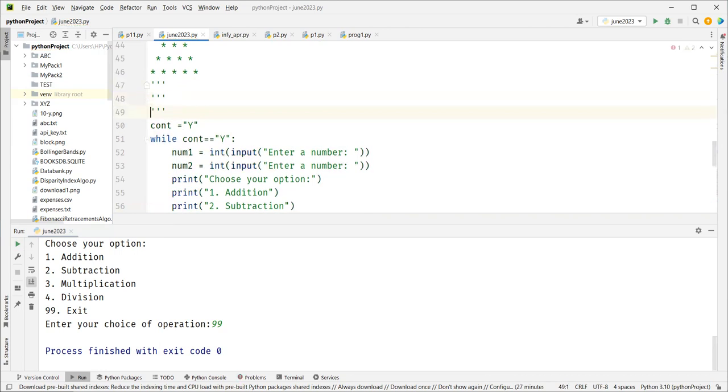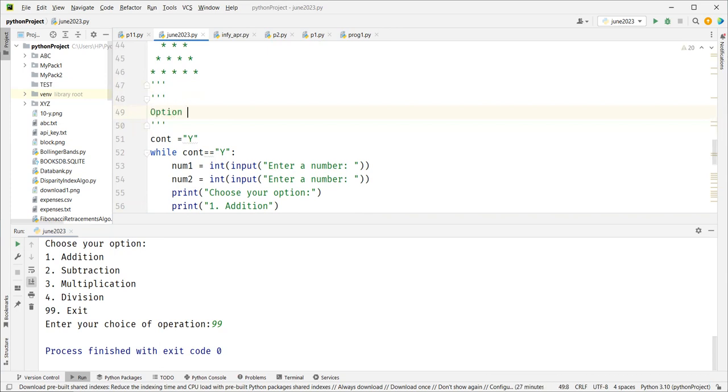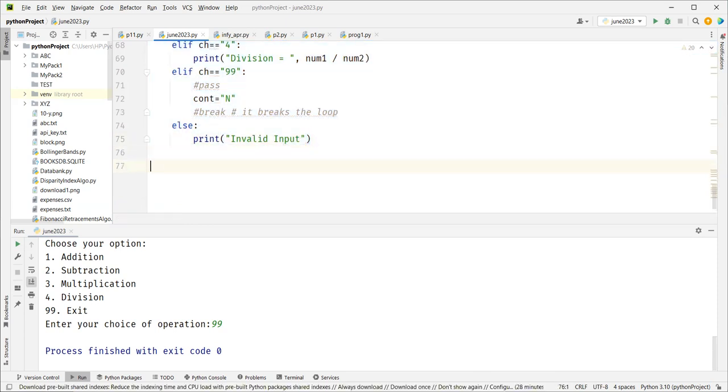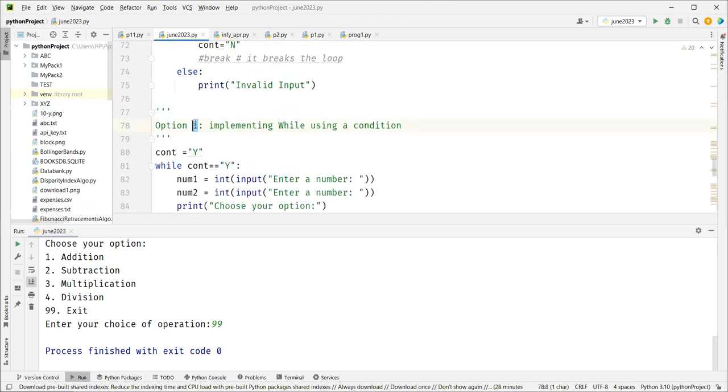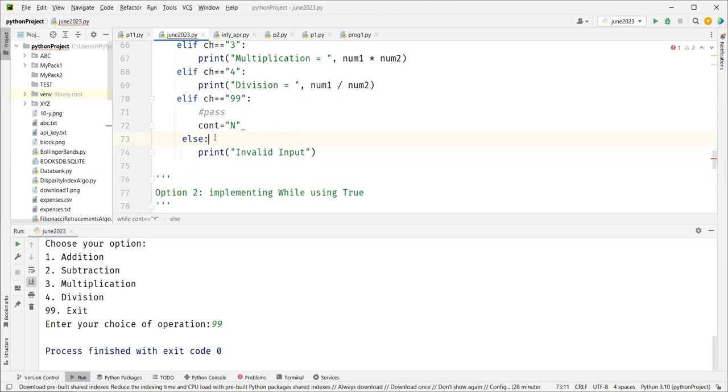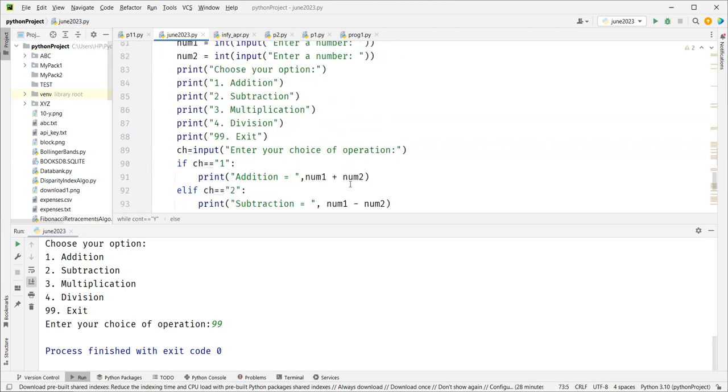It doesn't abruptly stop and actually it doesn't continue. Abruptly stops. Yes. So what happens is, if I have something else, let me put option 1, implementing while using a condition. And here, option 2, implementing using true. So here you delete break, obviously. Why is it giving, oh, this end came here. Yeah. Then here,